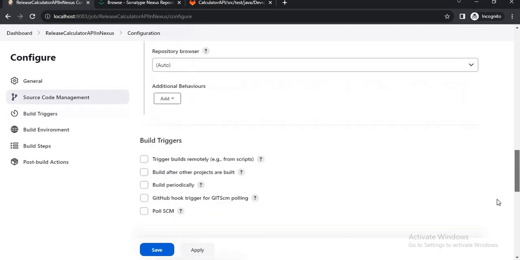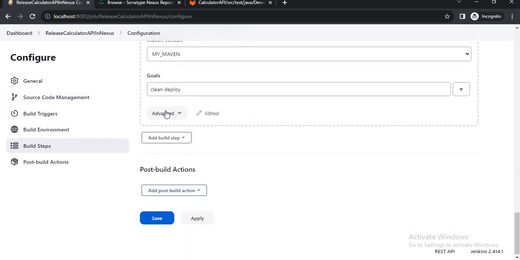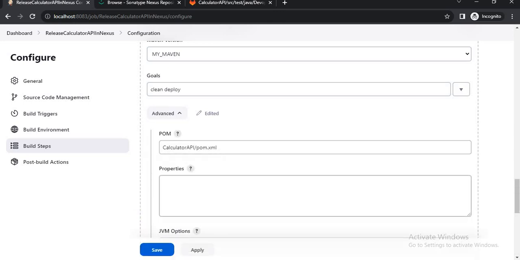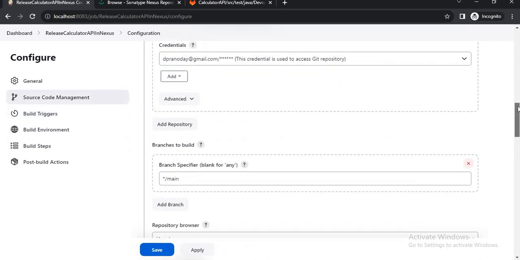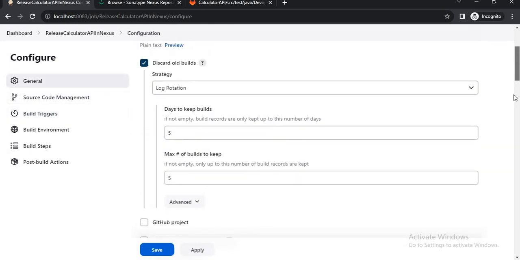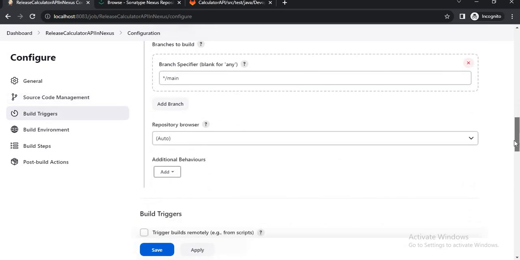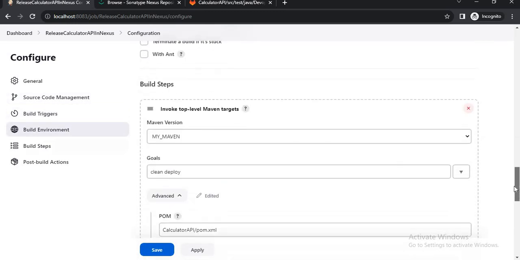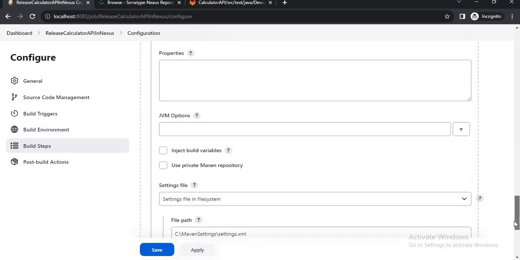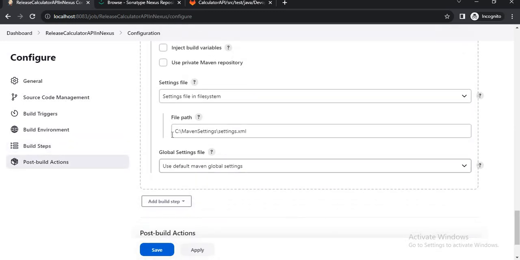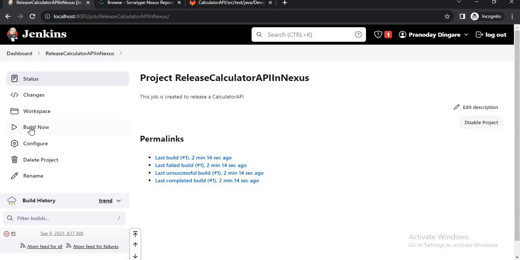Here in Maven, in the advanced settings, we had defined the POM XML and the settings file, clean deploy, and this is where we have defined our settings XML, in which we have defined all the required settings: local repo settings, and now remote repo settings. Now let's save and let's build the job again.